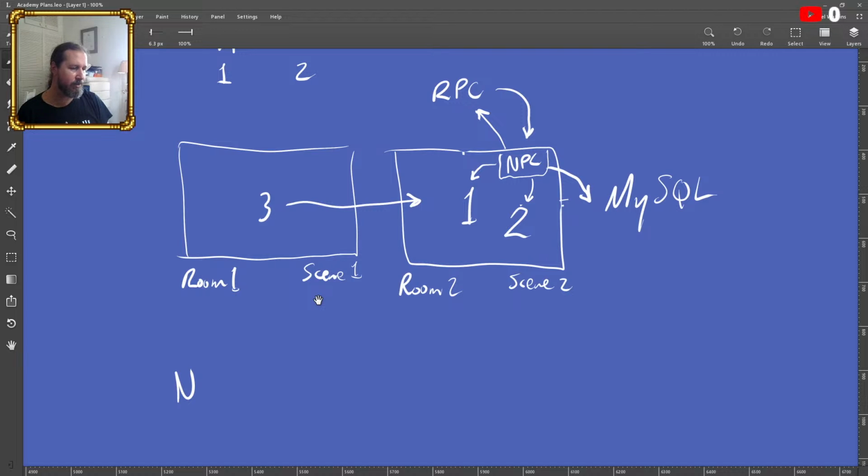If 3 comes into the room, 3 gets that information from the MySQL, and then 3 walks up to the NPC, and 3 can't chat with him. Once 1 is finished with his chat, it will update the RPC and the MySQL to say, I'm no longer in chat, meaning 1, 2, and 3 will see the NPC as not being in a chat, and somebody else can go and chat with the NPC.